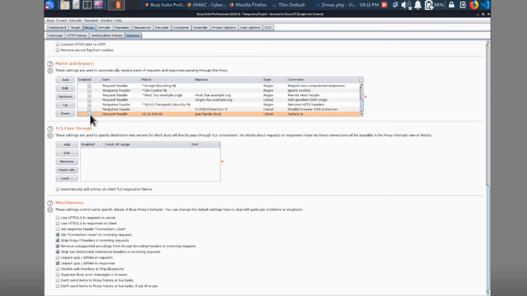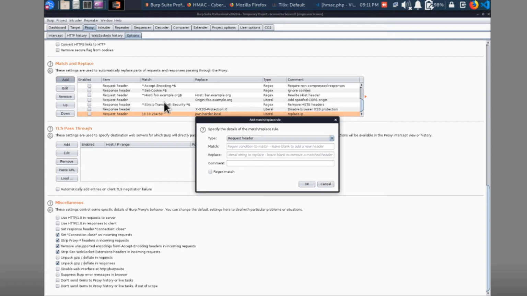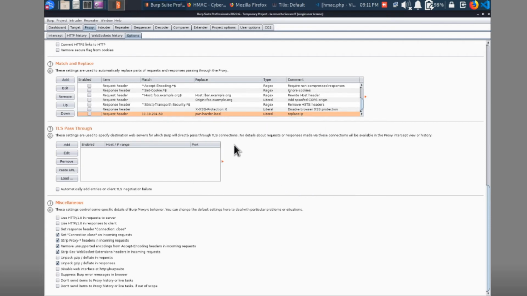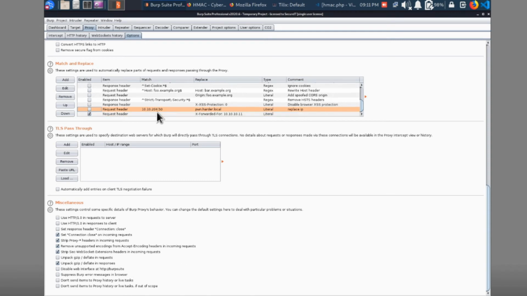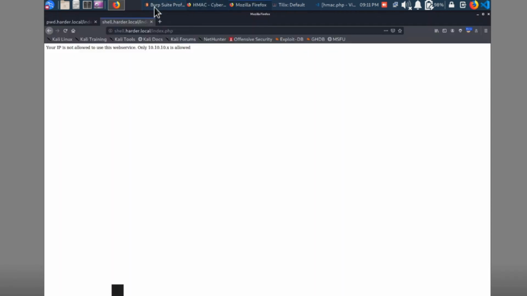We can turn this off now, right? We don't need this. What we can add is that for every request header, we just want to add a new header. And so this is going to add this header every time into our request as long as it's going through Burp. And so now if we load this page,